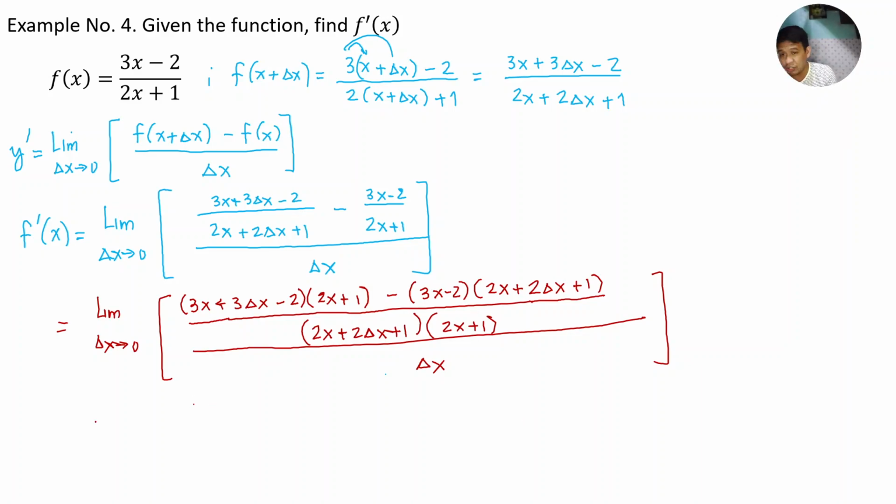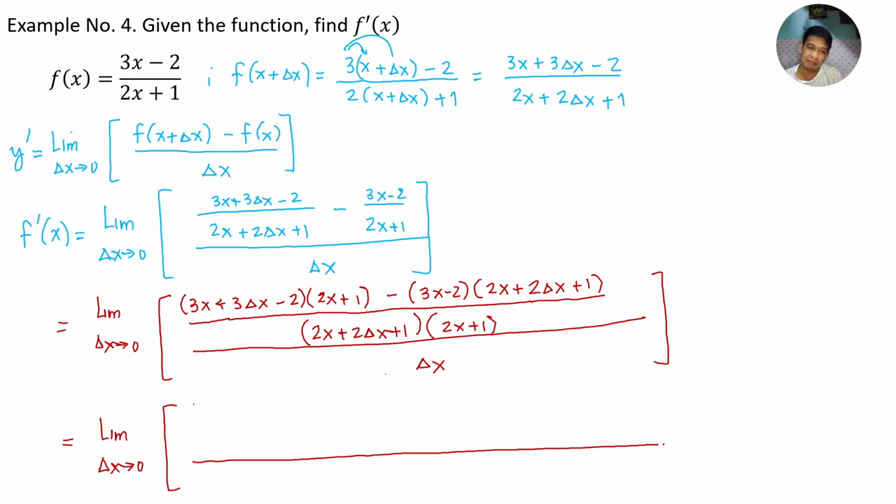Then simplifying your numerator, pagka ginamitan natin ng FOIL method, limit as delta x approaches 0. So let me have a very long